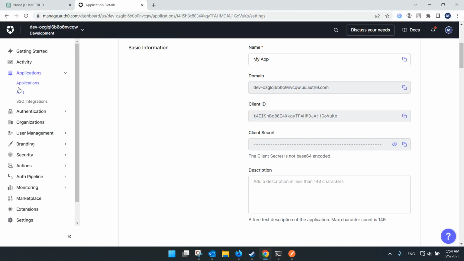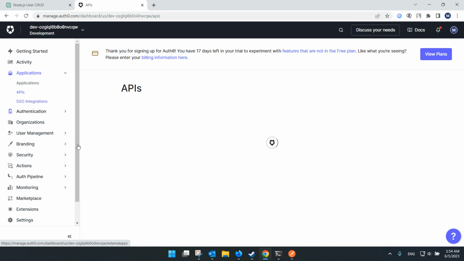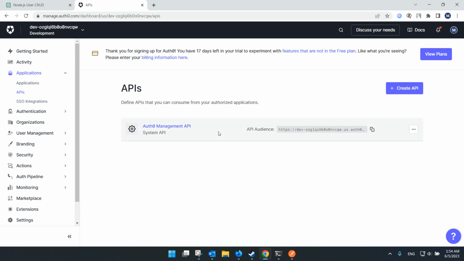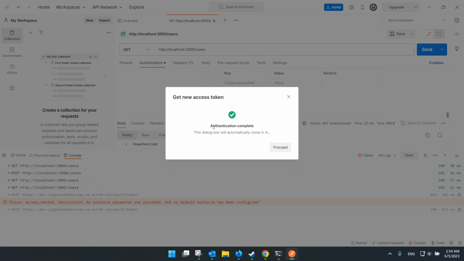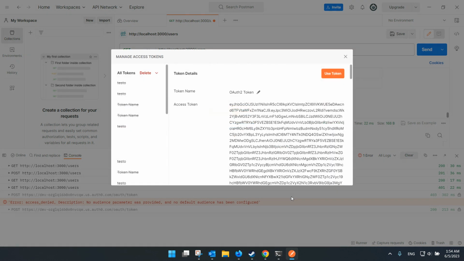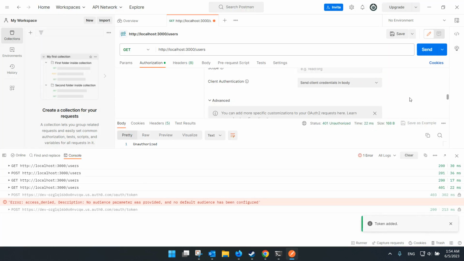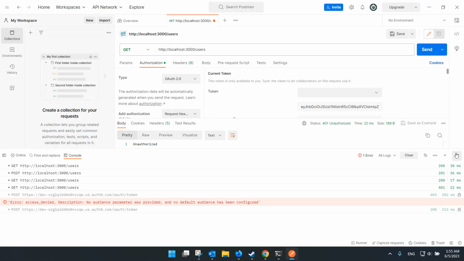What you can do is go to APIs. You have to go to the API that you linked your application with, which is this one, if you remember. I will click copy next to the API audience. Let's go back to Postman and let's pass that as the value, and I will check mark the key. Now, if I click get a new access token, it will say authentication complete. I'll click proceed, and I will say use token. And if I click send,